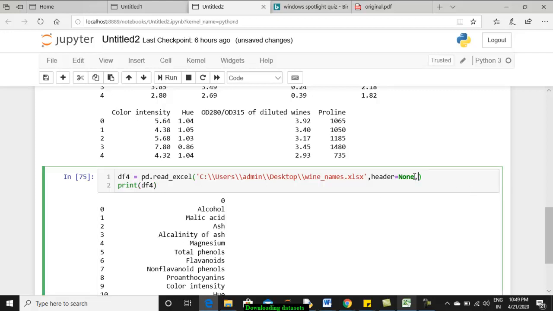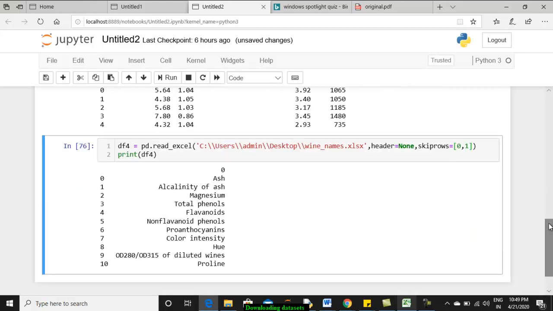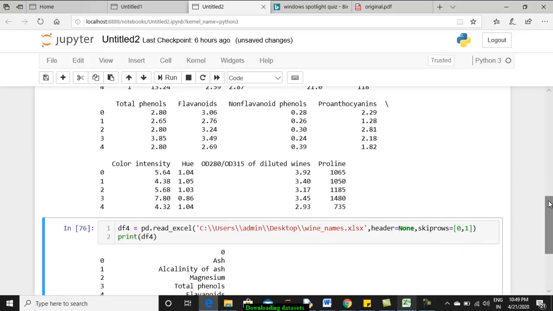How can you do that? You can use skiprows. There are several parameters which you can Google and check for whatever is available. If I give skiprows 0 comma 1 and execute, you can see how many rows there are. It's only 0 to 10, which is 11. It's not necessary to give a continuous list also. Suppose I don't want 0 comma 3, that is also possible. Only those values will go. So this is the use of skiprows.